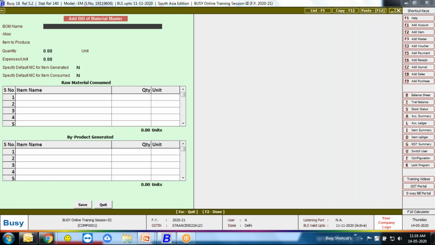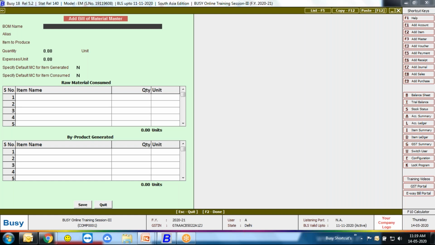we need to understand the concept of bill of material and what the uses of bill of material are. If we need a production process in Busy, how do we maintain production in Busy? In actual practical life, there are two types of production process.